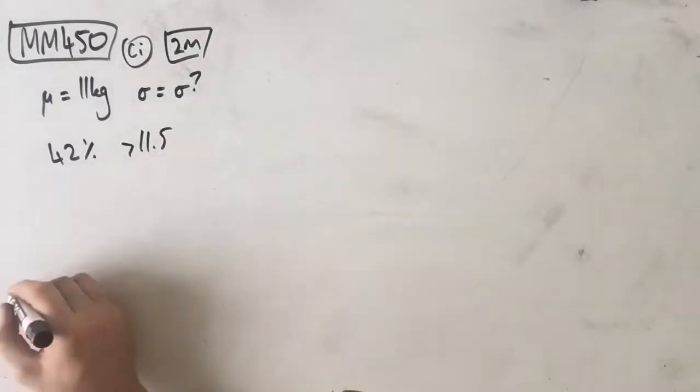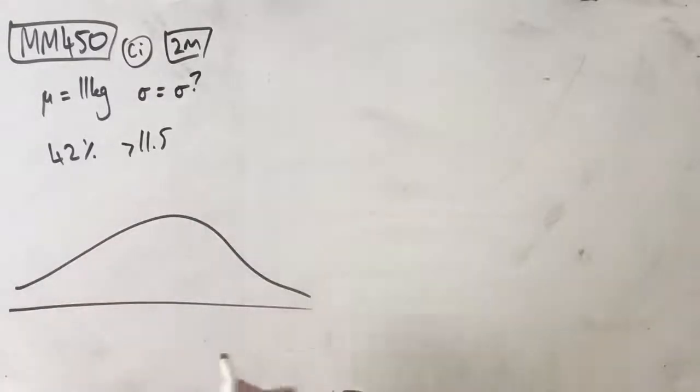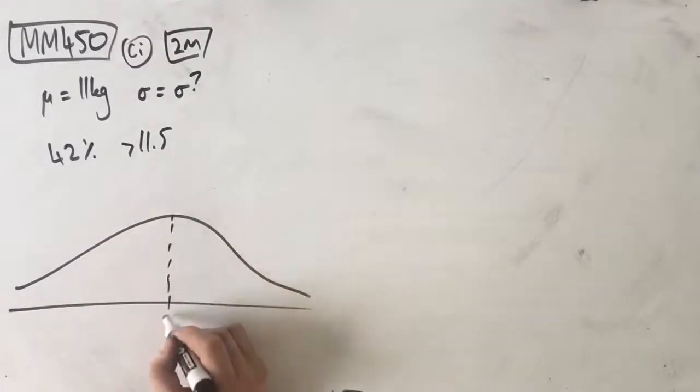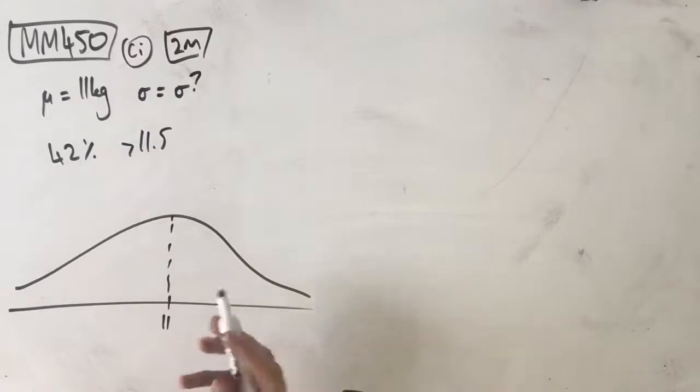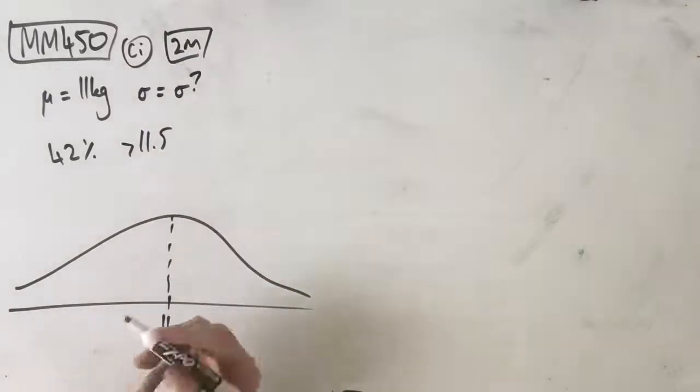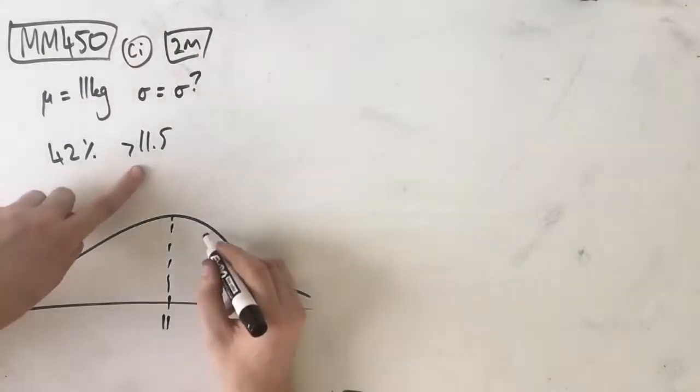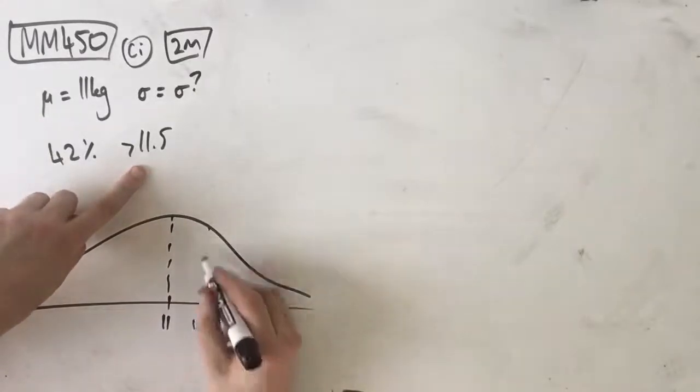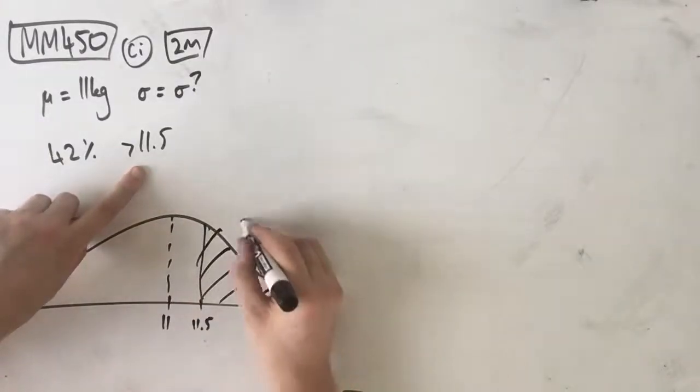Awesome. So we know that it's normally distributed, so we can do a normal distribution curve. We know that our mean is 11. We don't know what our standard deviation is, but we do know that 42% are heavier than 11.5. So at 11.5, 42% are heavier than this,